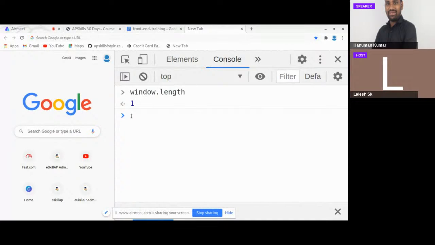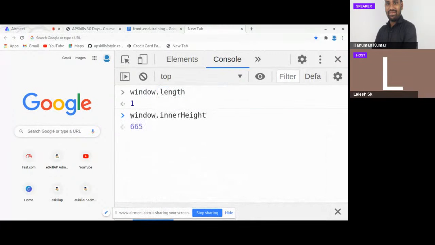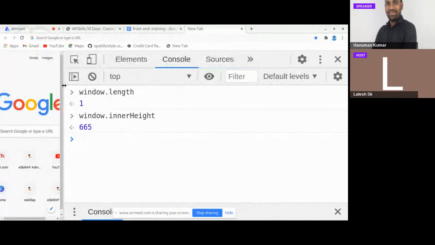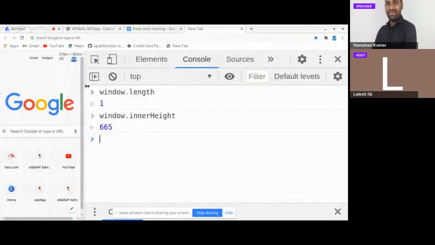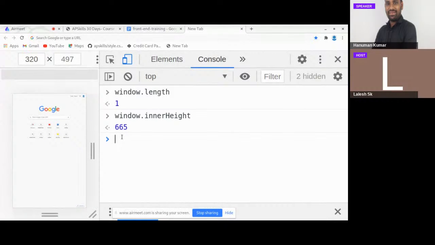Similarly, you can get the viewport area height by using inner height. I'm going to use window.innerHeight, that is 665. The 665 pixels, and I'm going to close this too. Yes, height is 665 only, but we can reduce the width. For example, when I'm going to use a mobile device, let me check window.innerHeight, that is 1523 height, because we are using something like a mobile window. We are able to see that 1523 is the height here. Very similar to this,